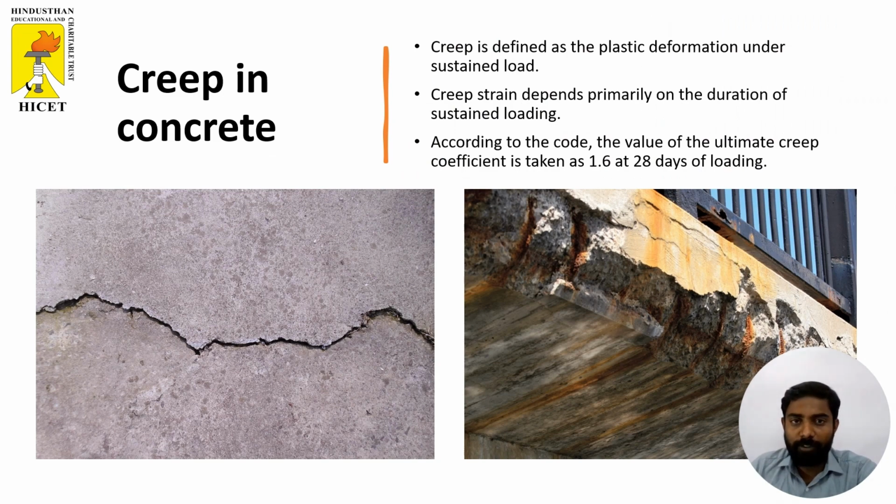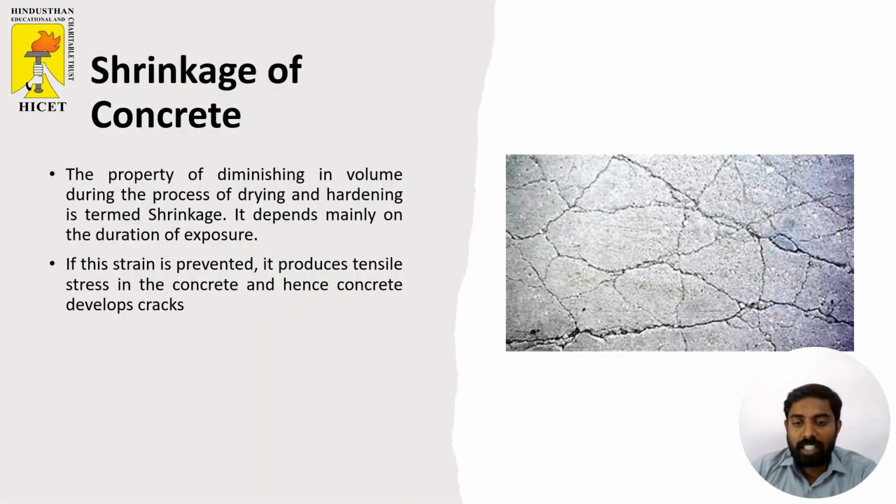Next one is the creep in concrete. Creep is defined as the plastic deformation under the sustained load. The creep strain depends primarily on the duration of the sustained loading, and according to the IS code, the value of the ultimate creep coefficient is taken as 1.6 at 28 days of loading. Shrinkage of concrete: the property of diminishing in volume during the process of drying and hardening is termed as shrinkage, and it depends mainly on the duration of the exposure. If the strain is prevented, it produces tensile stresses in the concrete,